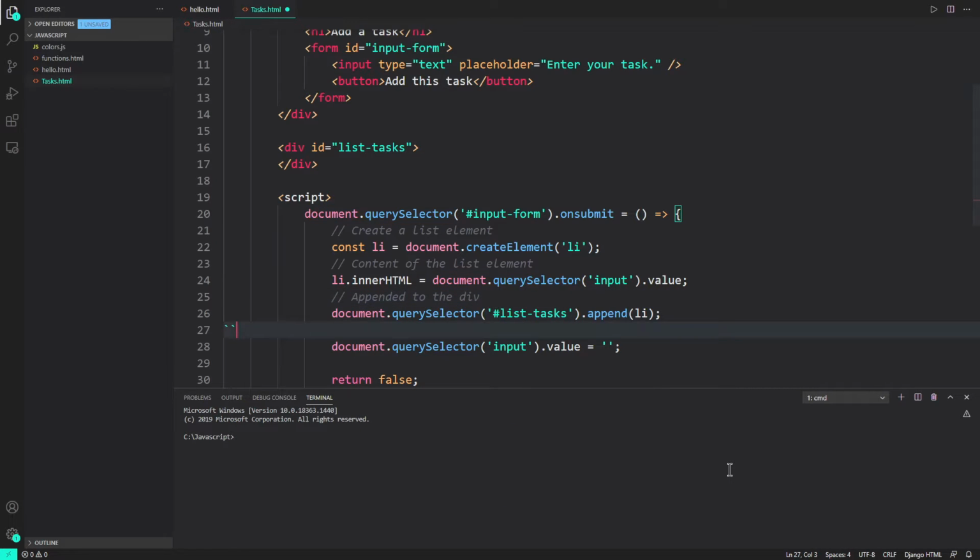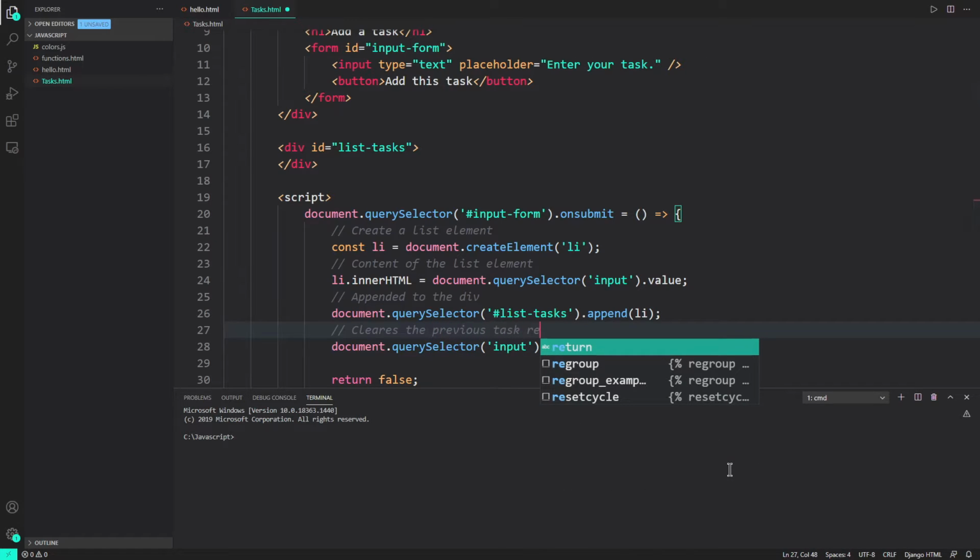And at last, what I have done is I've cleared the input field. Otherwise, what would have happened is that when you wrote a particular task and hit the submit button, a new task would be added, but the input bar would still have that previous task. So you need to press Ctrl+A, remove all of that, and write again. So instead, we just put an empty string over here, which clears the previous task written,